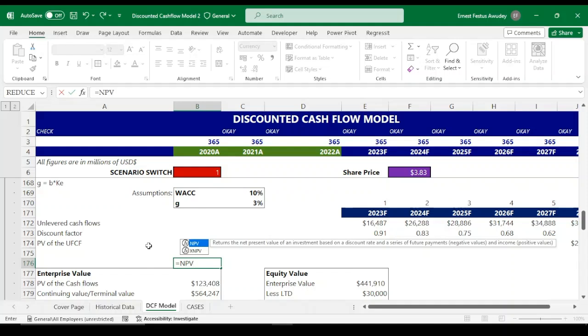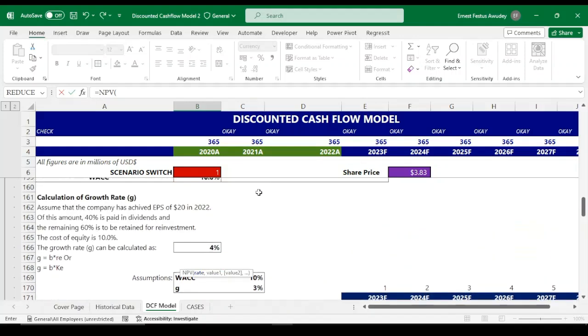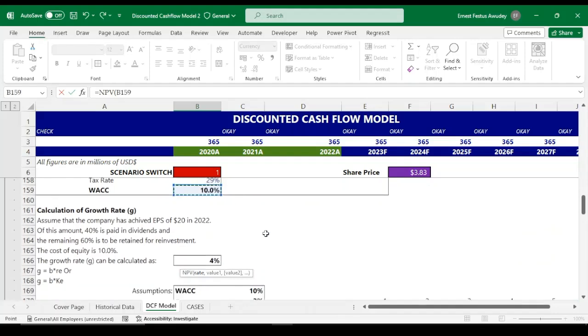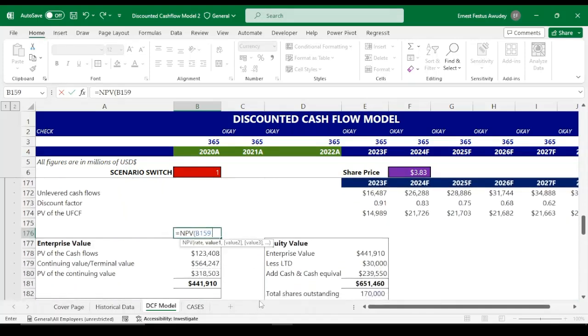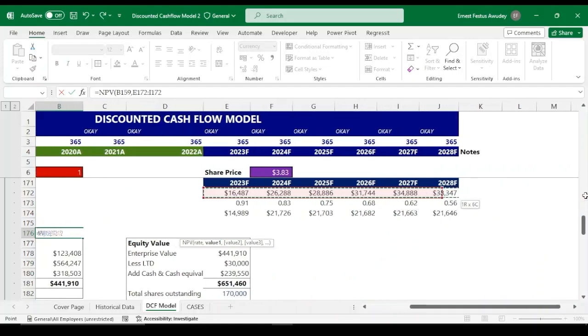I'm going to use my tab to select the function, the Excel function, and the first argument here is rate. Okay, the rate is my WACC, which I have calculated here, and I'm going to have my comma. The next one is value. So we are going to input our values, and I have the values here. So I can just select all of the values here. Okay, and then I can close my parentheses